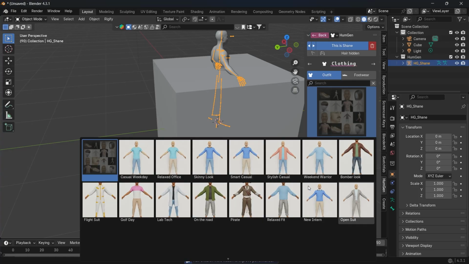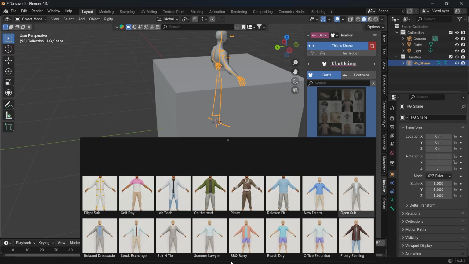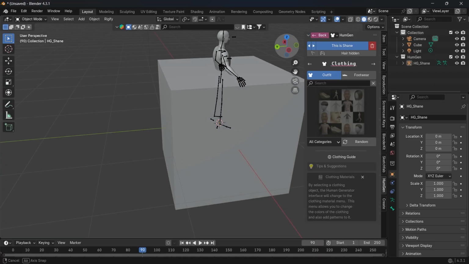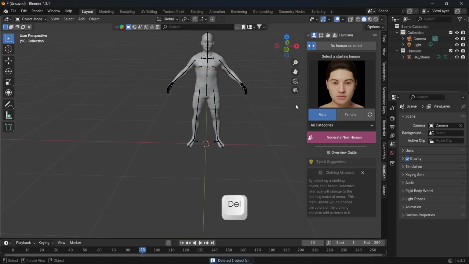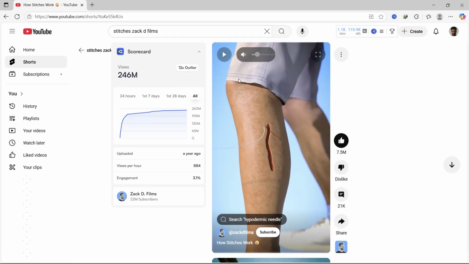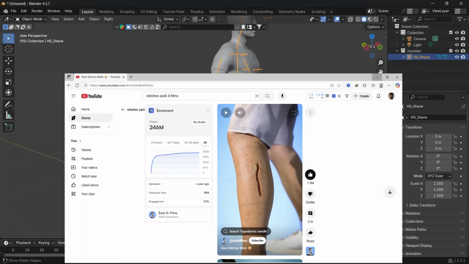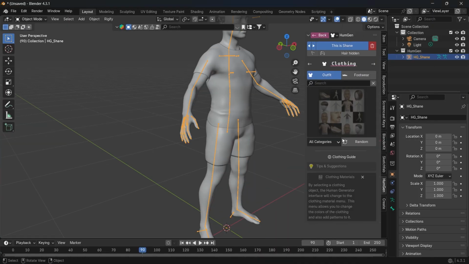From that video, you can see that the character was wearing shorts. Something like this could work. All right, let's delete this default cube. You can also see that it's in a position where one leg is in front of the other. So still in that